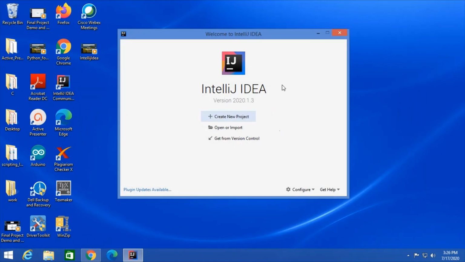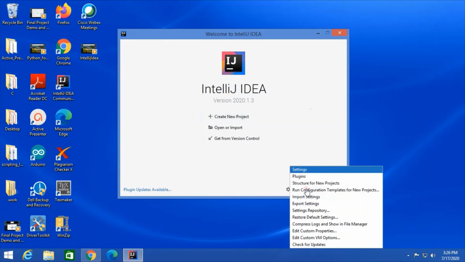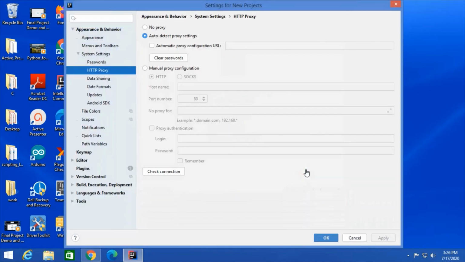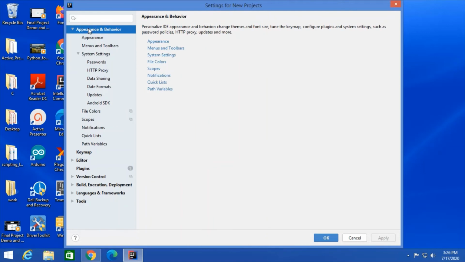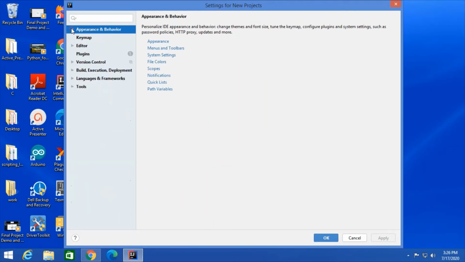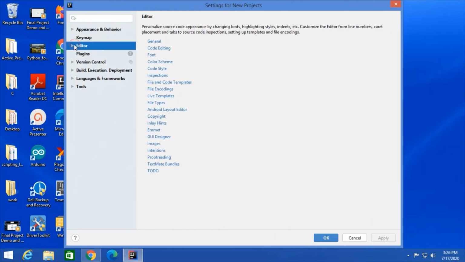Again, we will be redirected to that default screen that we were at earlier. One more thing, click on configure in that settings. Now this is the last bit of configuration that I want to make, so we can make the most out of our IDE that we have installed. There are some things that I want to configure for the editor that we are going to use. On the left hand panel, click on editor.